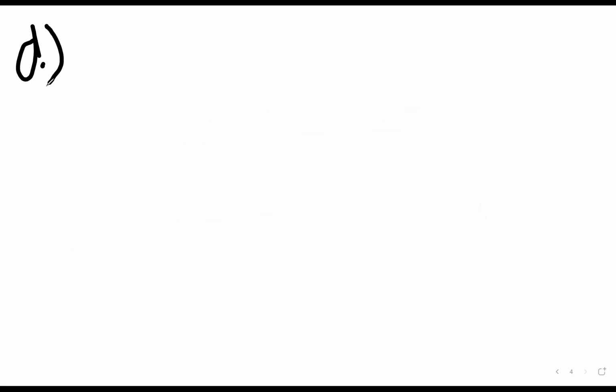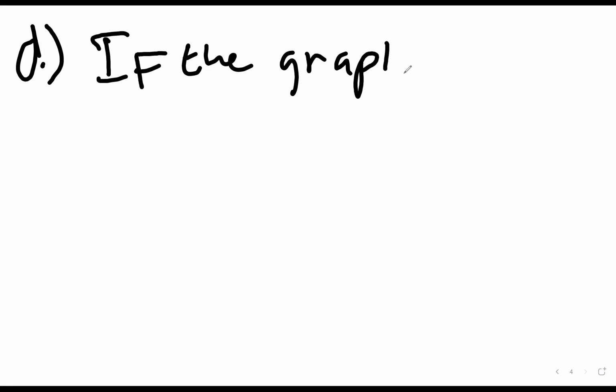1D. Here, for 1D, we need to recall the definition of the odd and even function, 1D and 1E. Especially, let us start with 1D. So 1D: if the graph of an odd function